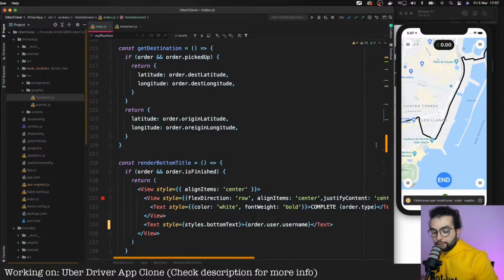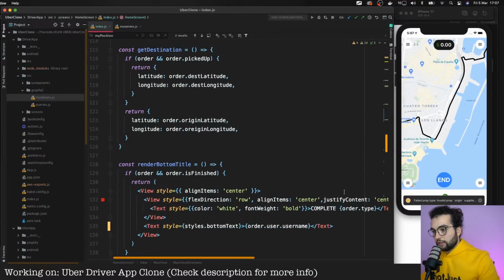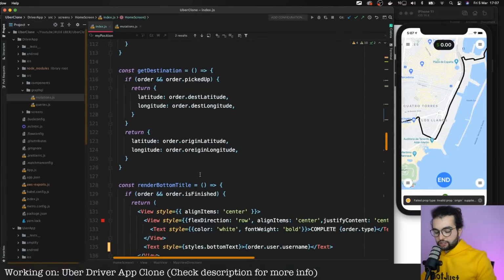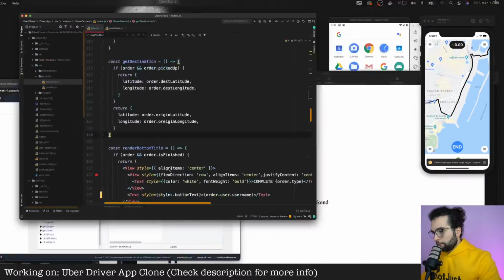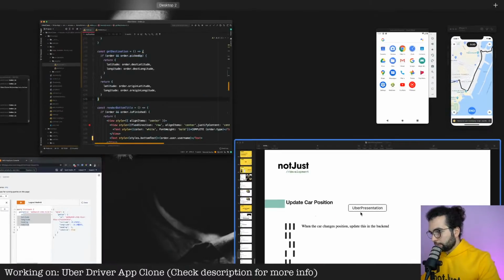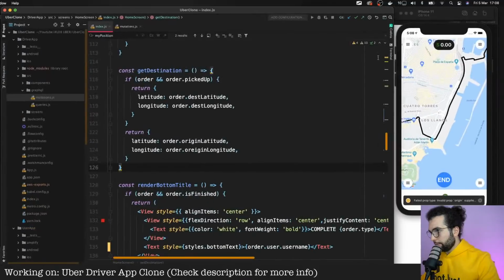Maybe you want to update the location only once per second to limit the number of requests, or maybe even once per 10 seconds. It depends on you how to throttle this function so it will not go crazy in production and fire every millisecond. That's it about updating the car position in the backend, right?